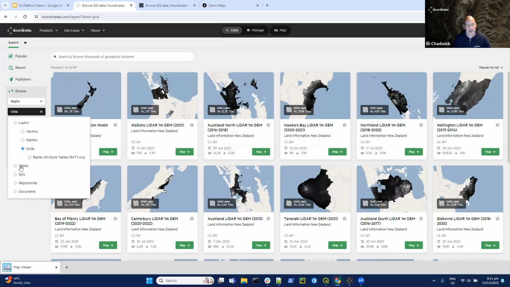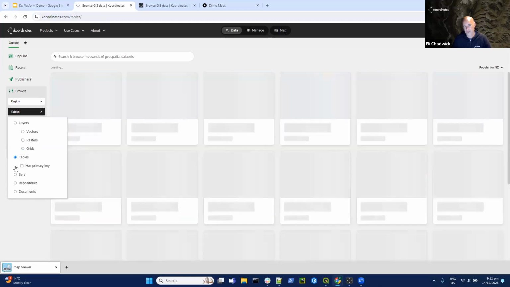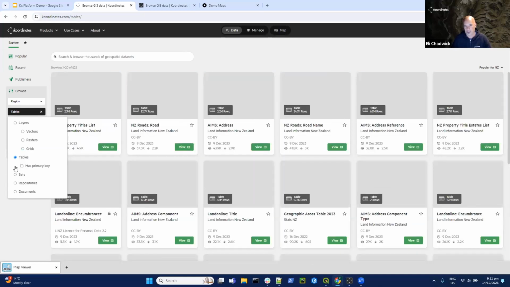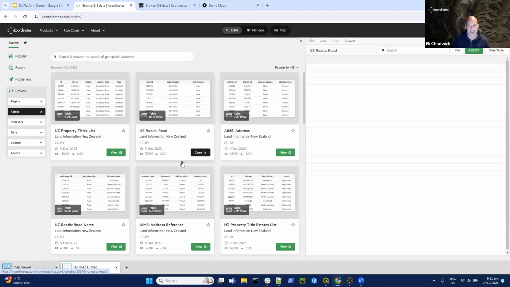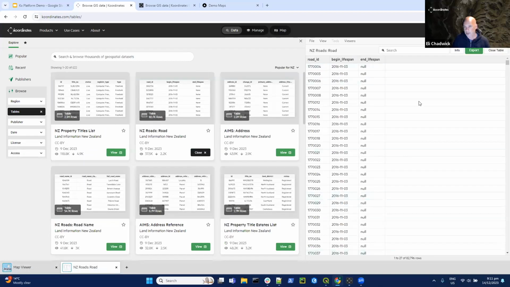Drop down, and then these other guys down here are kind of interesting. There's tables. So you might have data that you want to share with your users that is tabular, without a geometry in it. So you can do that from in here. You can then view the data set in a table viewer, and there's a few things you can do in here. Most notably, you can export it, you can search it, number of different things you can do. I'll close that down for now,